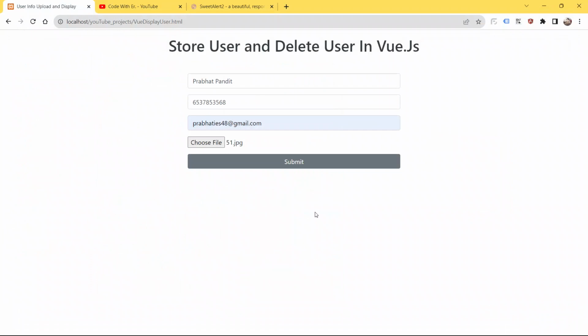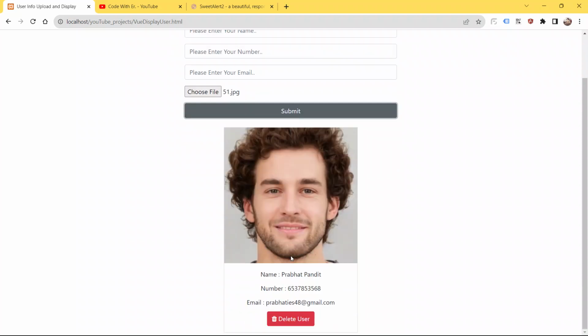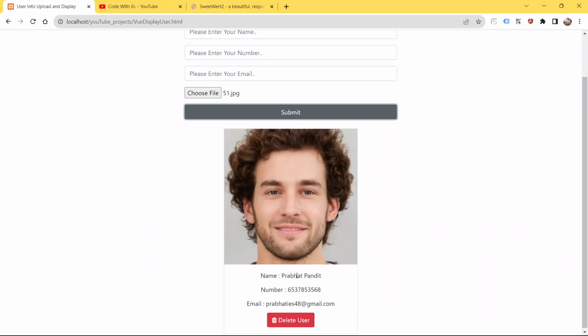As soon as you hit submit, you are going to see a user card here. See, boom, you are able to see the user profile pic, user name, user number, user email address, and below that we have a delete user button.